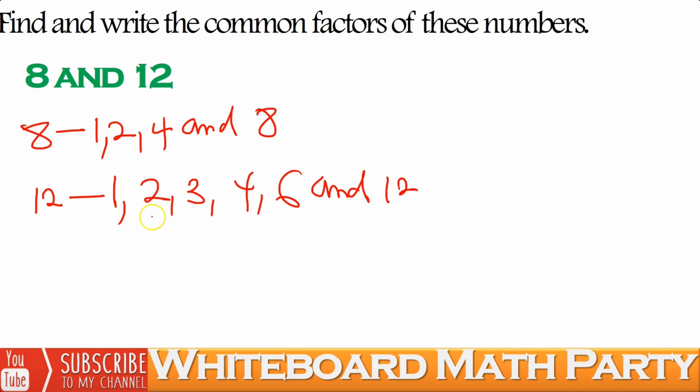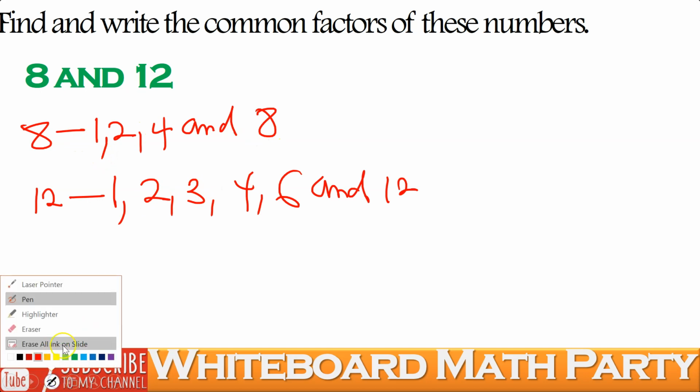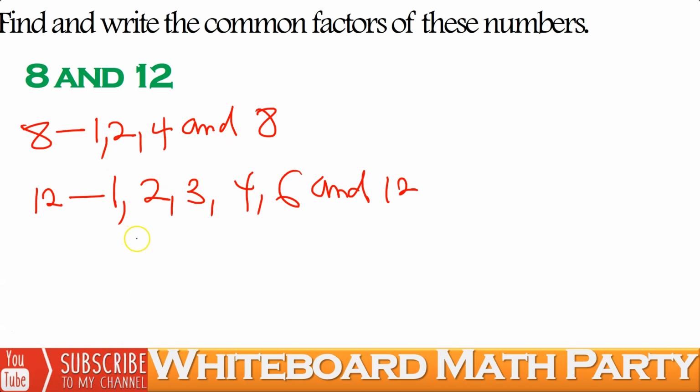Now, having found out the factors of 8 and 12, the very next step is to compare the factors of 8 and 12. And how to compare is to see what numbers among the factors of 8 also appear among the factors of 12. The first number I see here is number 1. There is 1 in 8 and there is 1 in 12. So, looking for the common factors, which I write as CF of 8 and 12, they include the number 1,